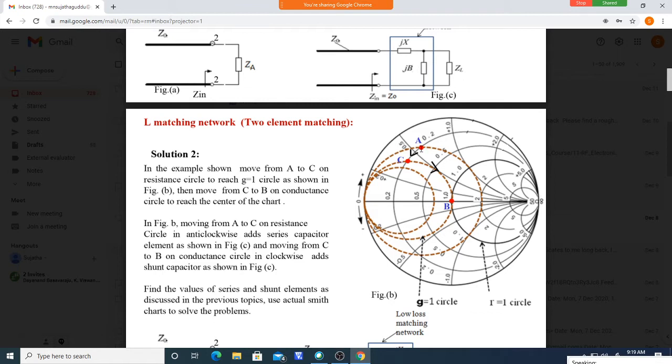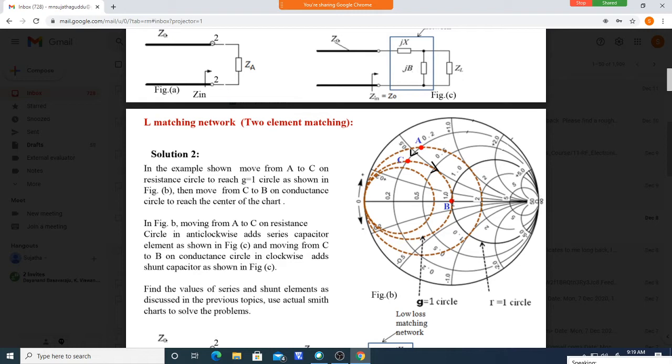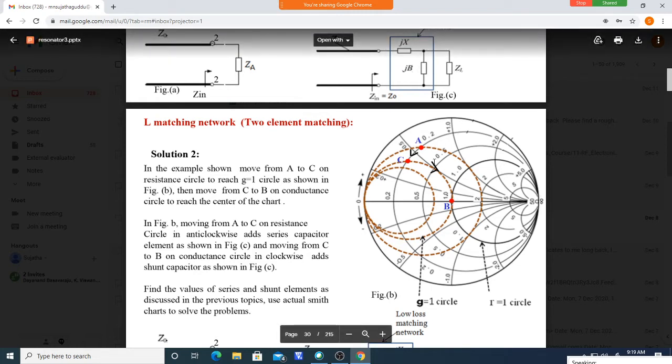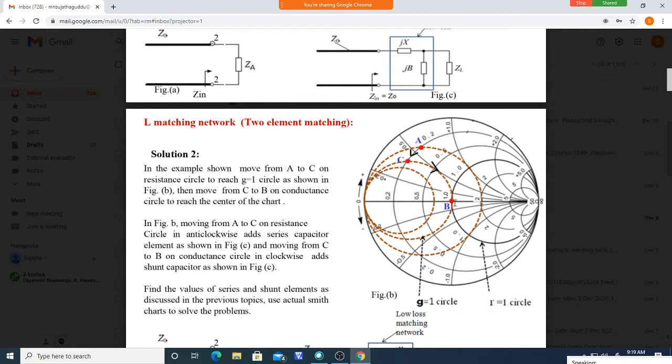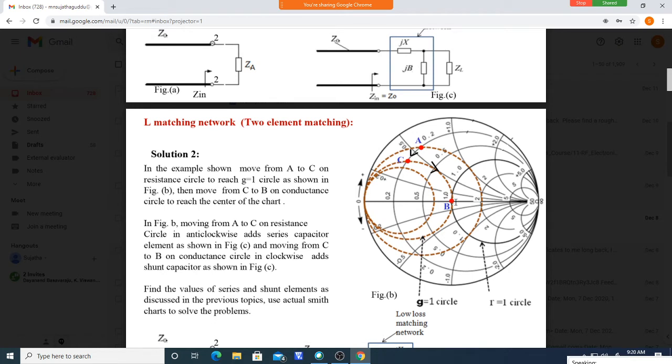For example, some value is given here. Mark the impedance, whatever value of impedance we want here. 50 ohm is marked here and the given load is marked here. For example, I want a 50 ohm here. This is the point I want to reach. This is ZL given. I marked ZL, and I know I should reach this point because I want 50 ohm. So I marked ZL and move like this to get a value like this, 50 ohm.